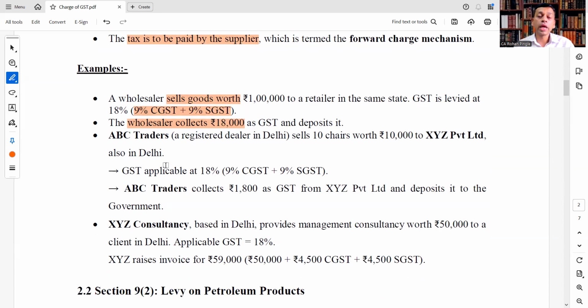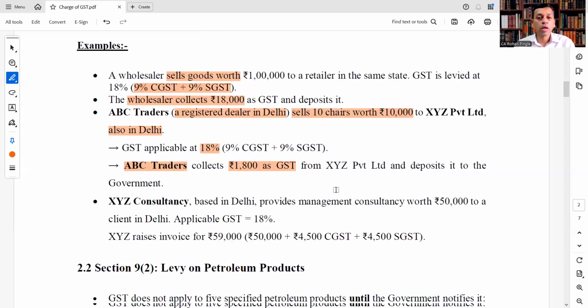Okay. Then ABC Traders, a registered dealer in Delhi, sells 10 shares worth rupees 10,000 to XYZ Private Limited, also in Delhi, again within the state of Delhi. GST is applicable at 18%. ABC Traders, as the supplier, collects rupees 1,800 as GST from XYZ Private Limited, and then it will deposit it to the